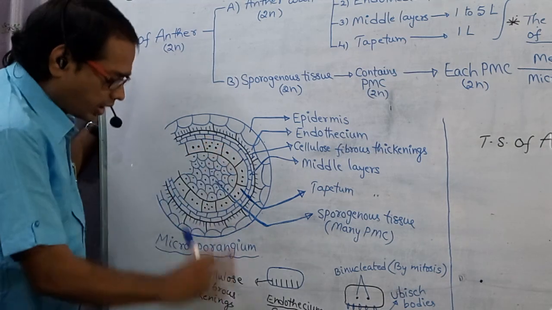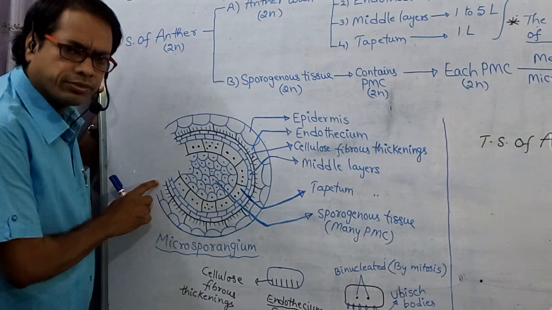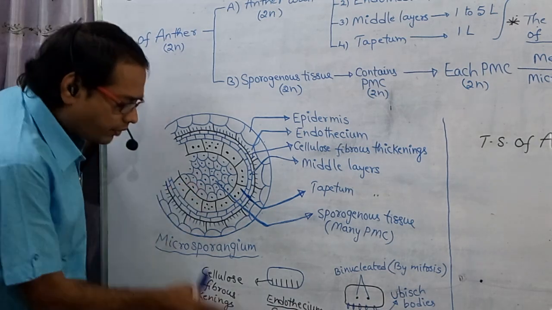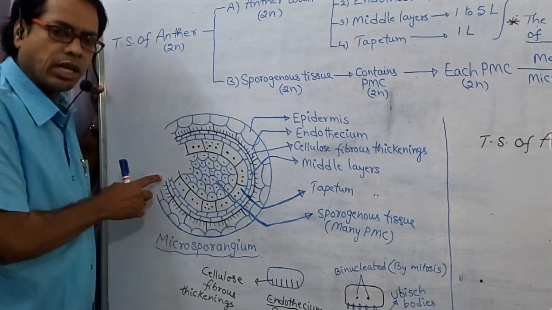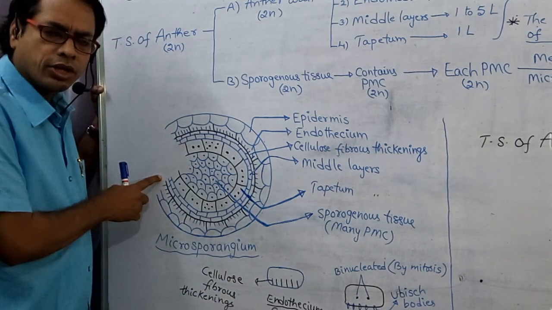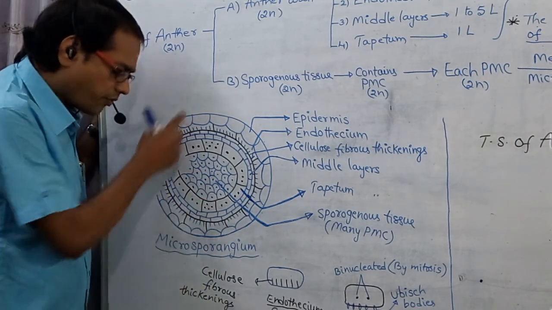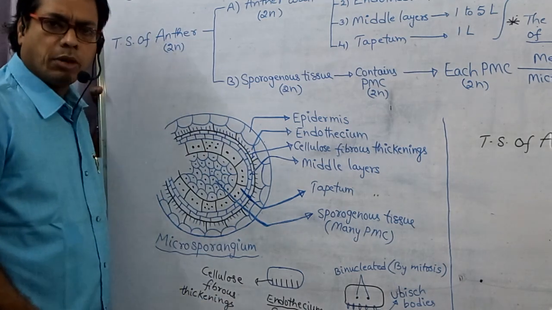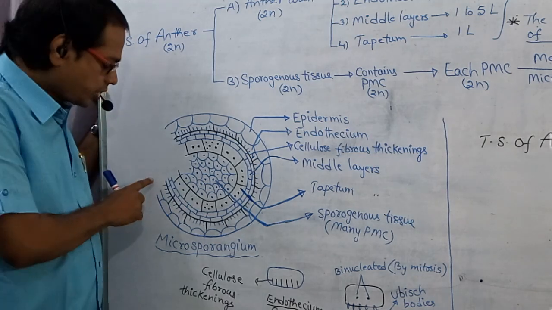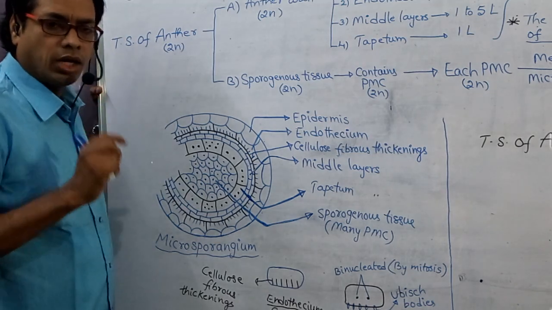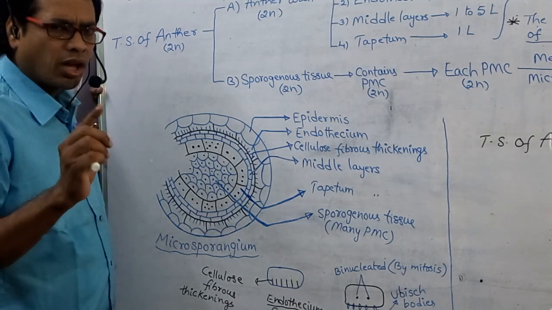This is one pollen sac. Here also another pollen sac. Here stomium cells are present. That means in between the two pollen sacs of same anther lobe, stomium cells are present. Where do you find the stomium cells? In between the two pollen sacs of same anther lobe. Number of stomiums in dithecous stamen 2. These stomium cells are thin-walled, and it is the site of dehiscence. What is the site of dehiscence?